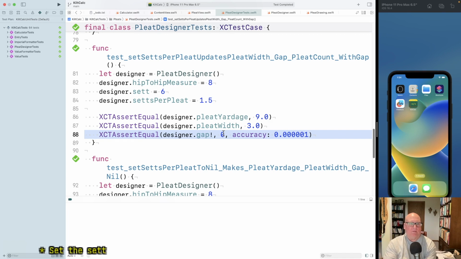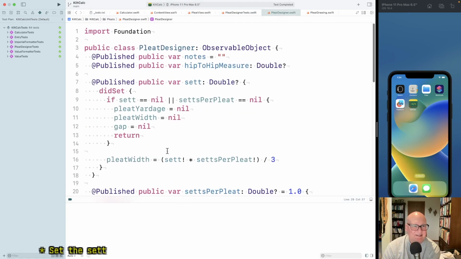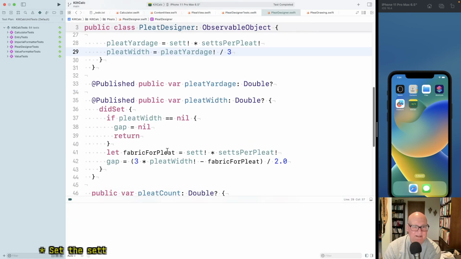Set is 6. settsPerPleat is 1.5. So 9 divided by 3 should be 0. Okay, I know what's going on. It's a mess. All right. The problem is